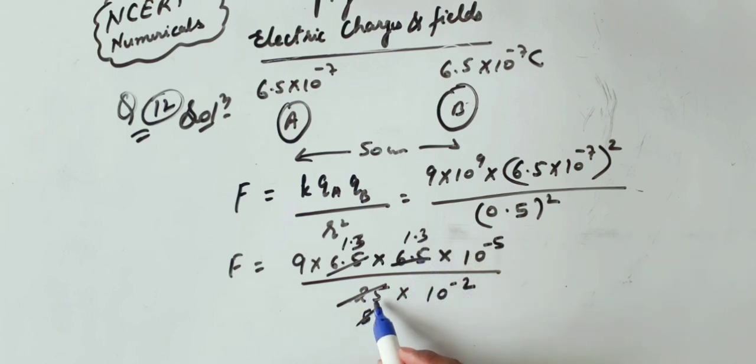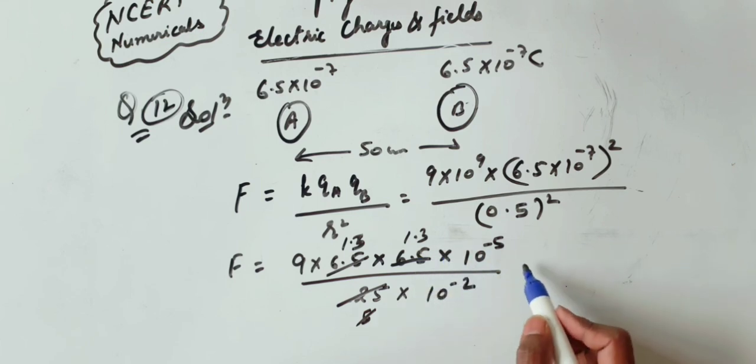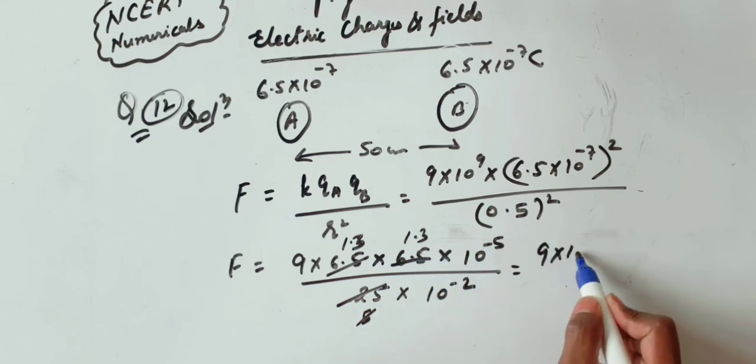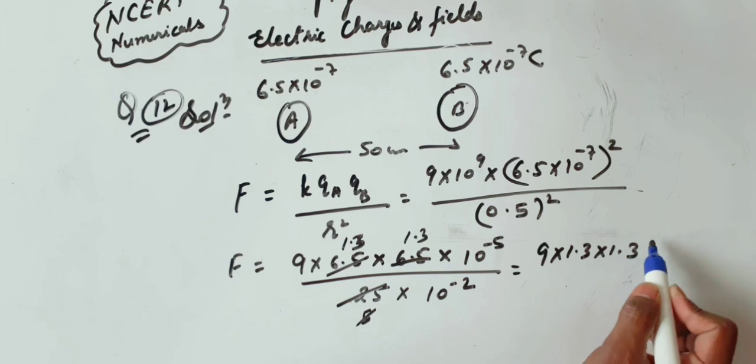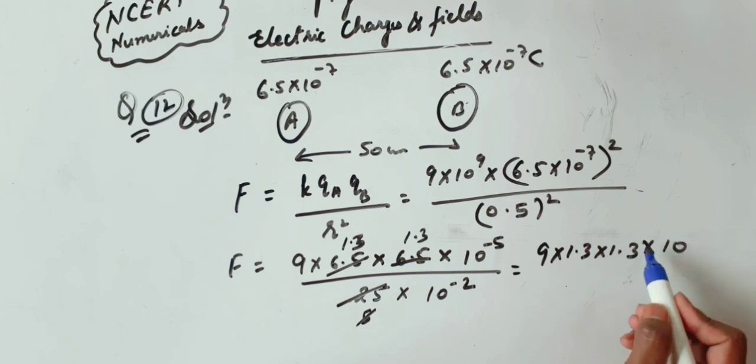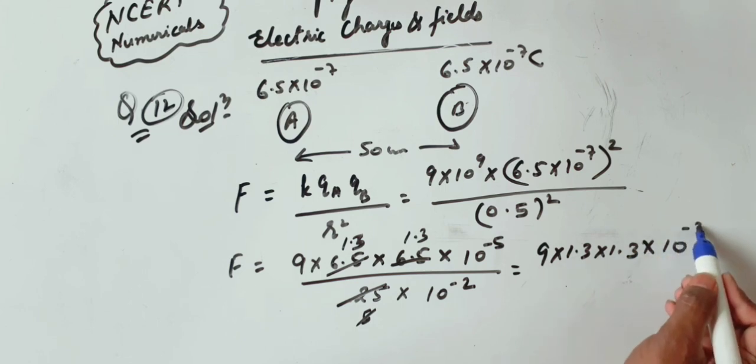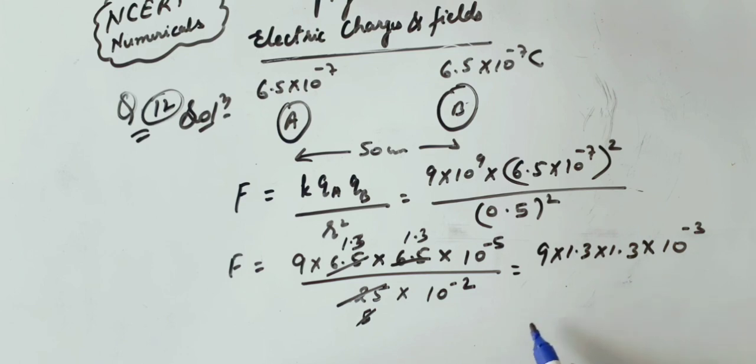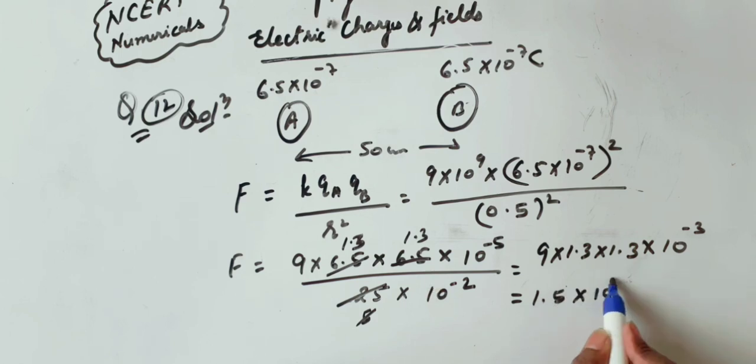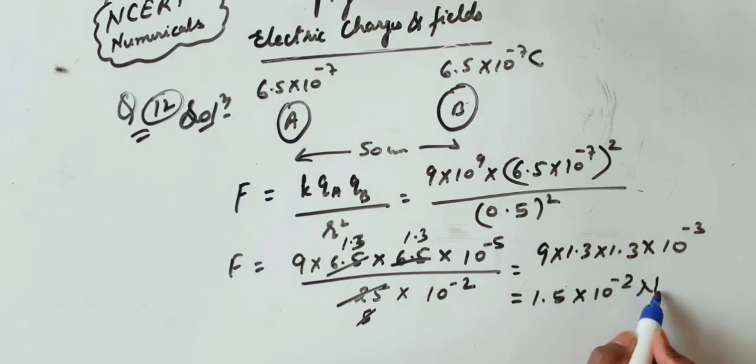It will be equal to 1.3 into 1.3. So here we can write 9 into 1.3 into 1.3 into 10 to the power minus 3. On solving this, we can write 1.5. It will be nearly equal to 10 to the power minus 2 Newton, and the nature of force will be repulsive because